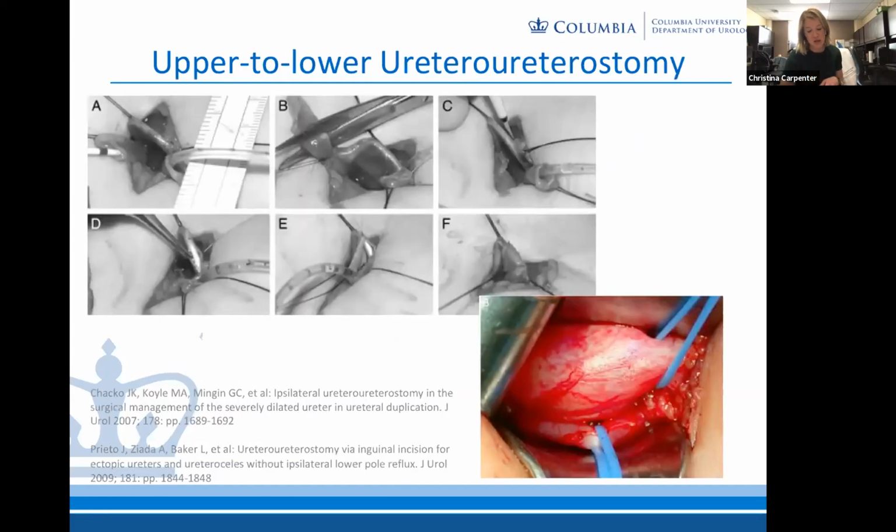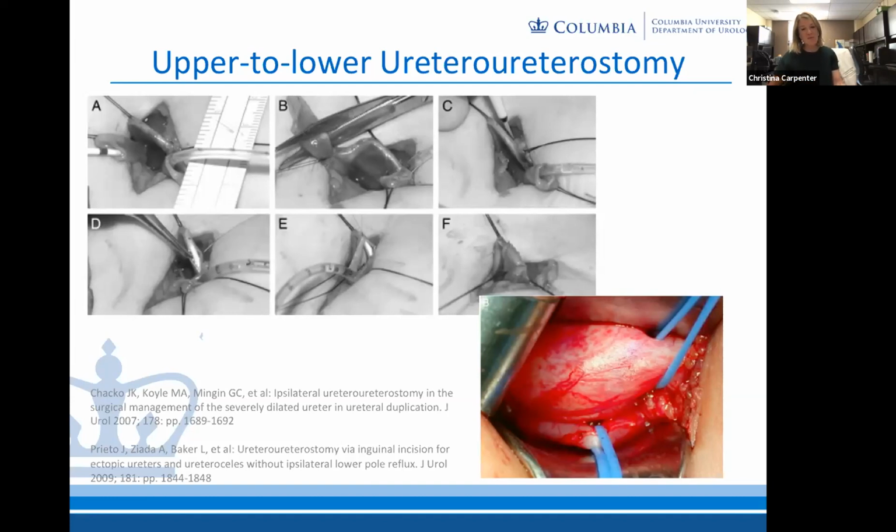So for example, for my patient, I chose to do an upper to lower pole ureterostomy. This was because she had salvageable upper pole parenchyma and a non-refluxing lower moiety. For this operation, I usually place an open-ended stent into the lower pole ureter in order to aid in identification. Of course, it should be very obvious which is the upper and which is the lower, because the upper is very dilated, but it doesn't take very long to put an open-ended stent in, so why not be sure? I perform it through a Pfannenstiel incision. You identify the ureters, you ligate the upper pole ureter and dissect out the distal remnant, and then you perform an end-to-side